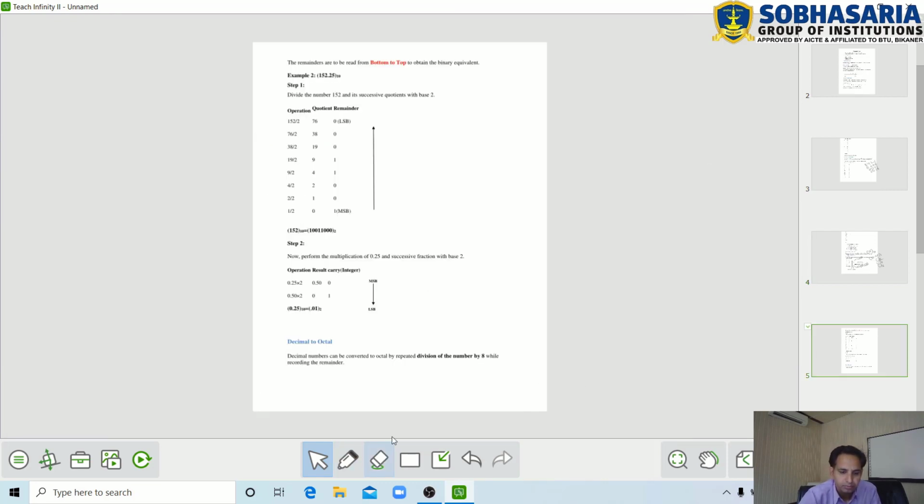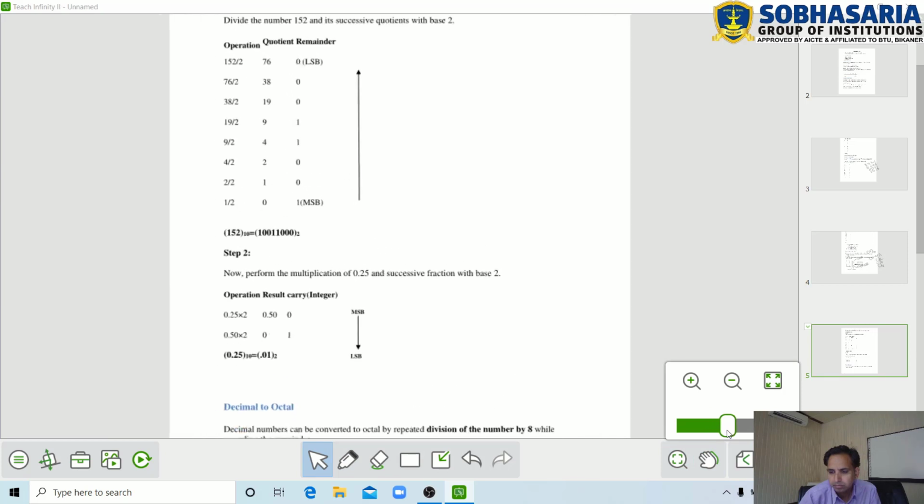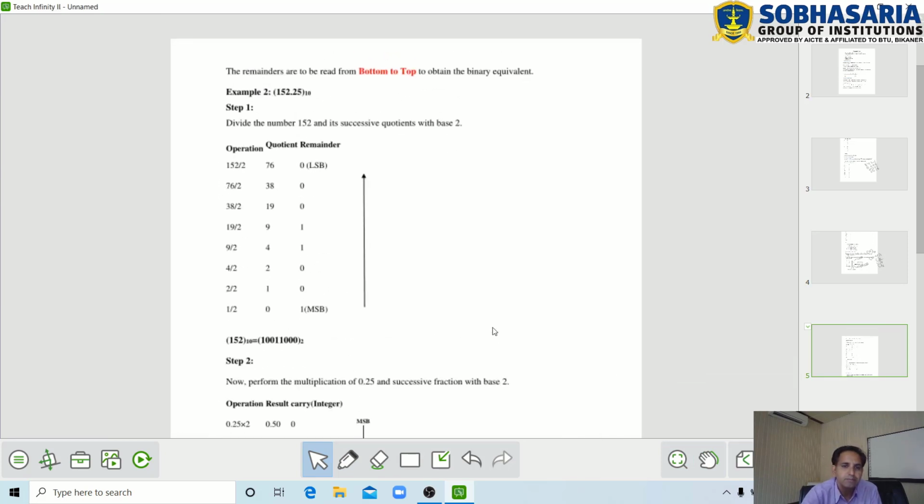Now we take another example. There is a decimal number which has two parts, integer part as well as fractional part. First we solve this integer part as previously, then after that we solve this fractional part. So when we solve the integer part, we again take the remainder